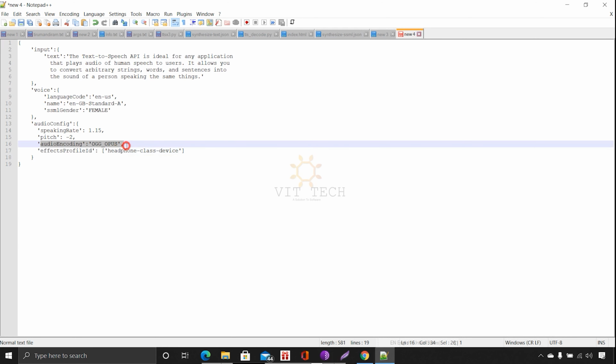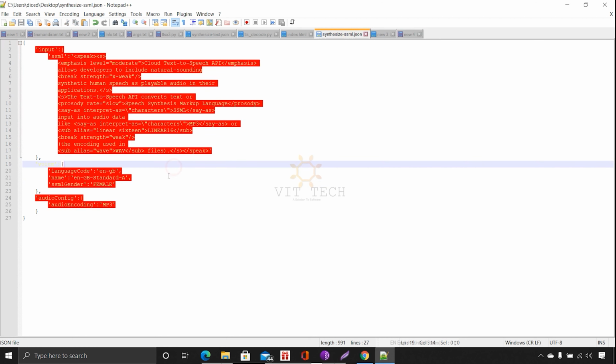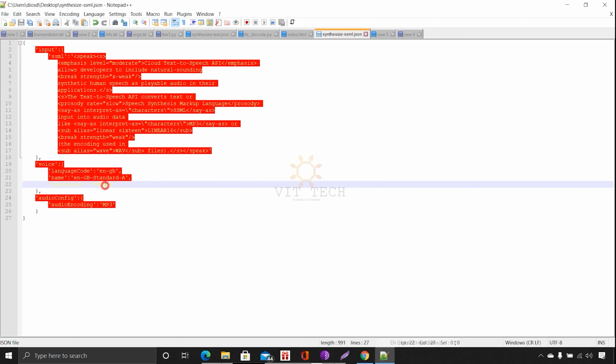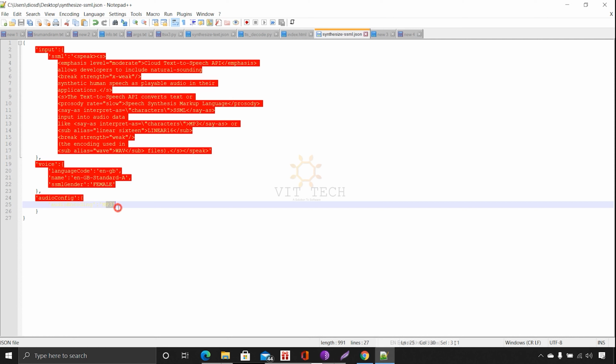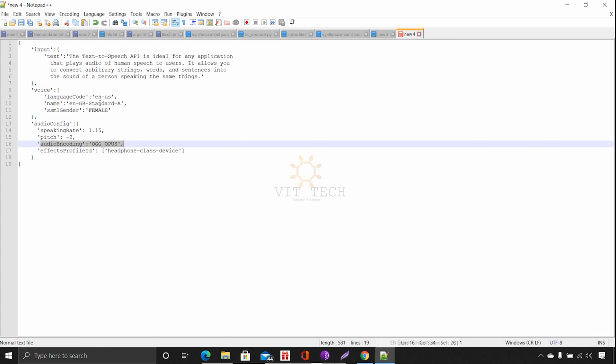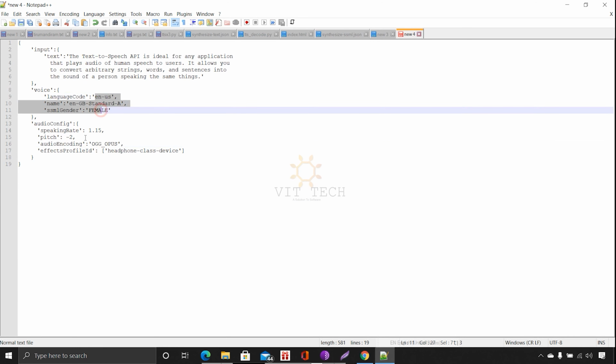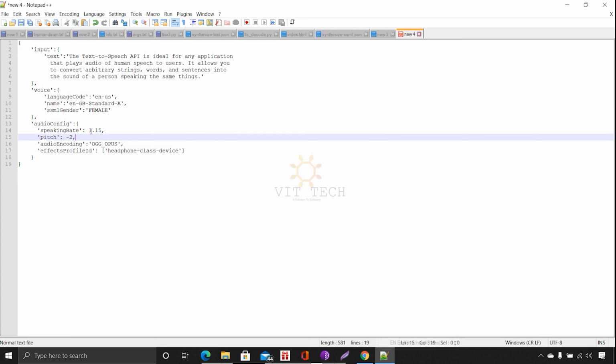If you refer to the previous file, you can see it is MP3 and we did not put any settings there, just outputted. Now we are putting settings. In the configuration we are putting the speaking rate, pitch, and audio encoding.